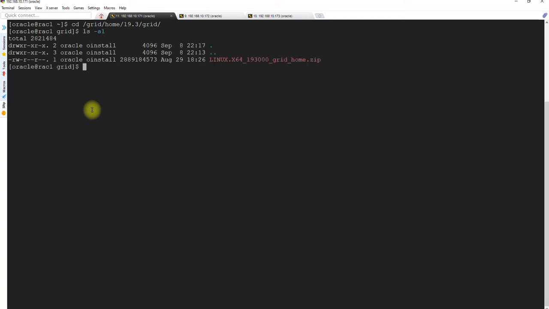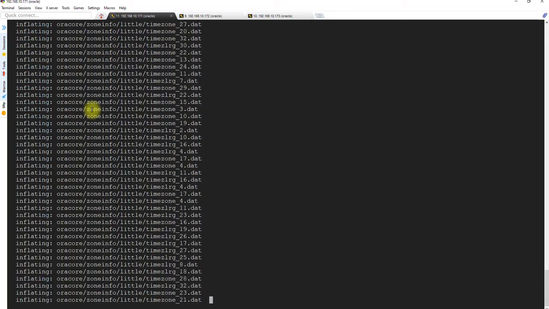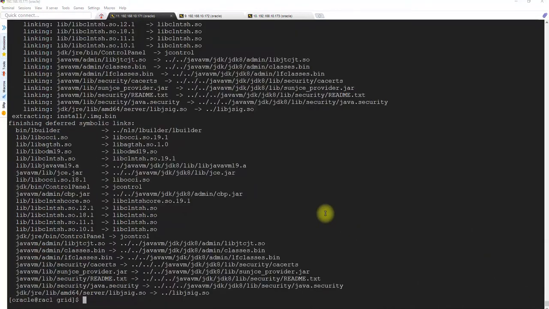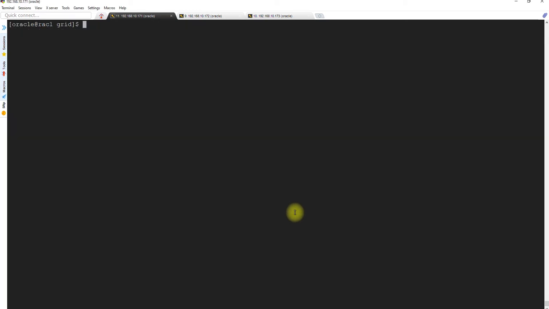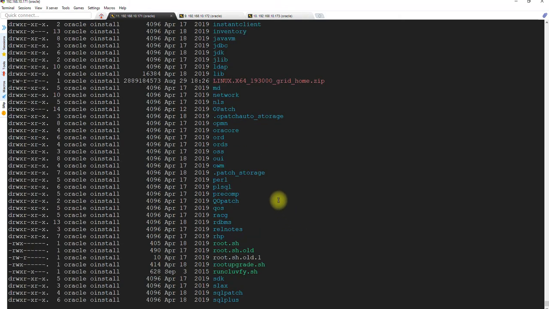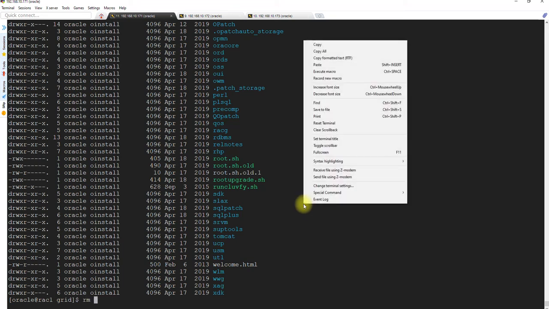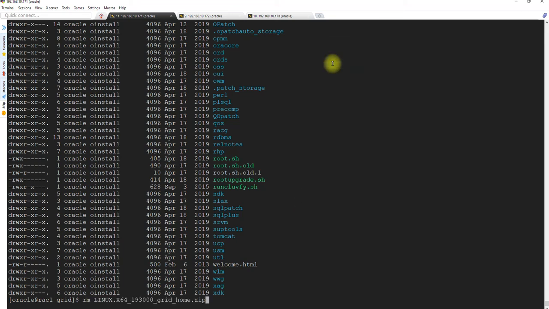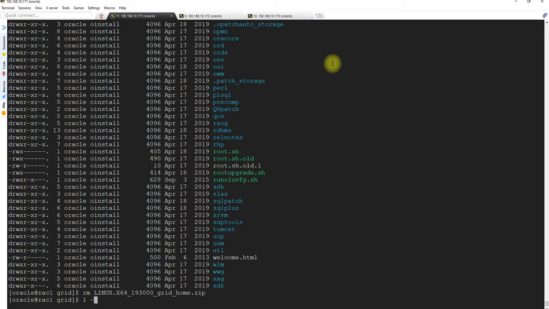Let's list it. Okay, so unzip it. Need to unzip it. So the extraction has been completed. Let's clear the screen. Okay, list it again. We can remove this file with rm. We don't need it anymore.